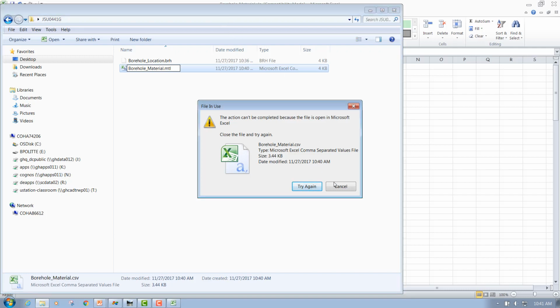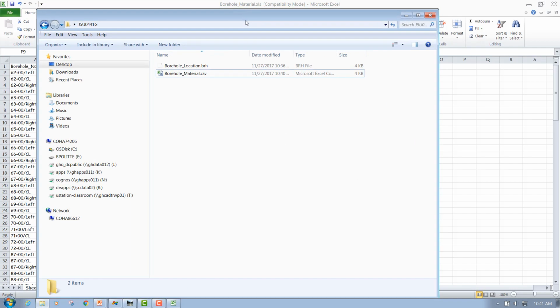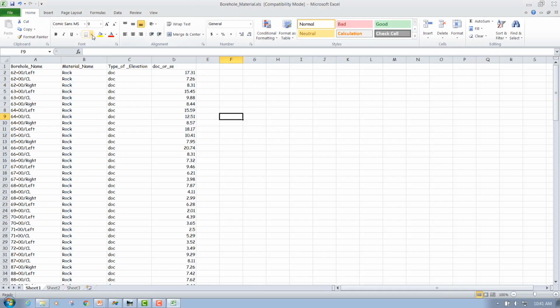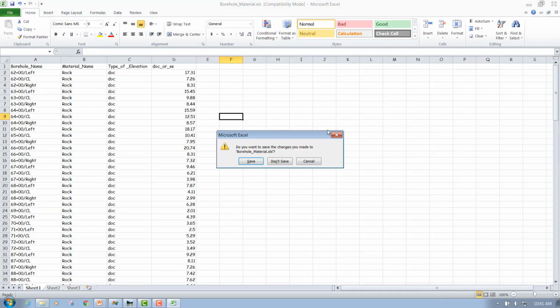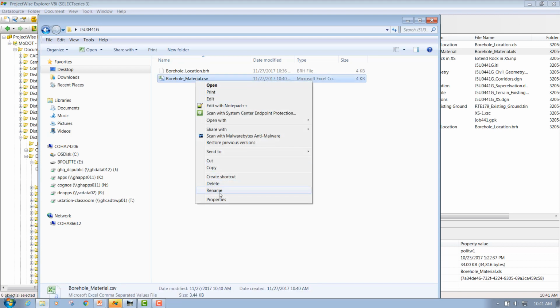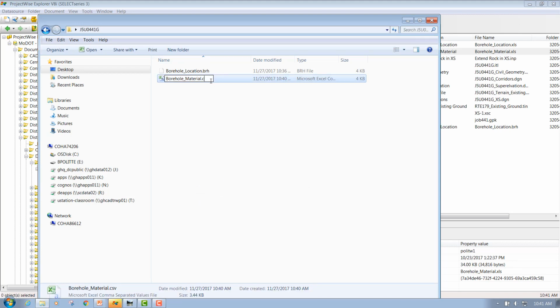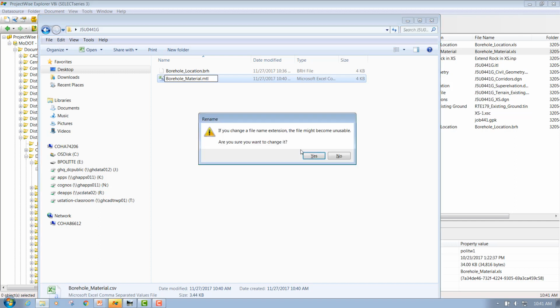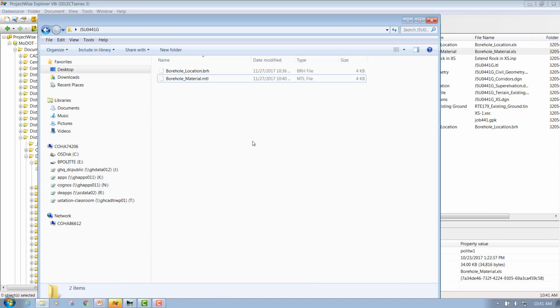For some reason this is not going to let me change it till I close out of the other one. So let's do that. Since I have it open, I'll close that in the background. I won't save. Now let's try to rename it. Let's say yes, and there we go. Now we've got that. That's the other file type that the GEOPAK geotechnical tools